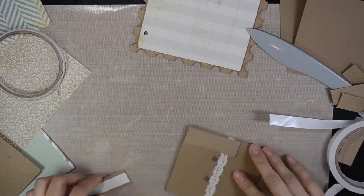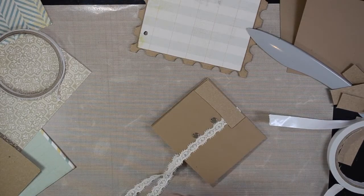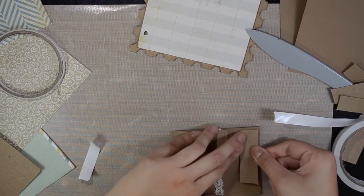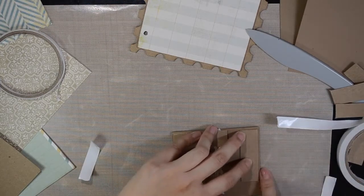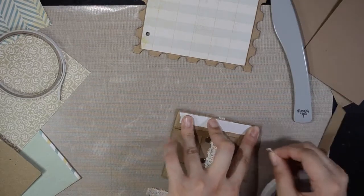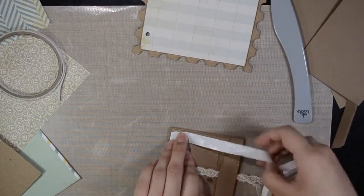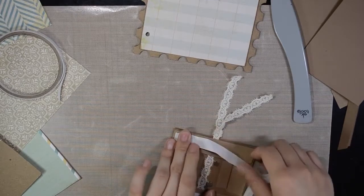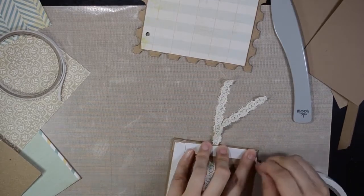Now we know where the magnets are. We don't have to worry about leaving the center open or whatever, because we know where it is, and we just have to leave where the magnets are open. Just again dry adhesive, because we want to cover our pattern paper, right? So